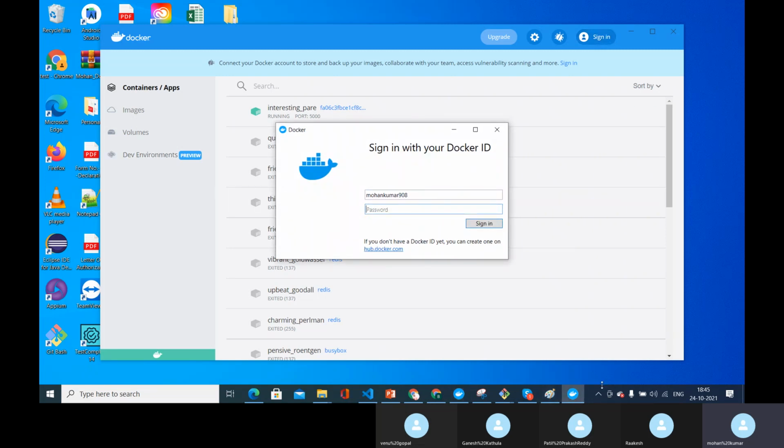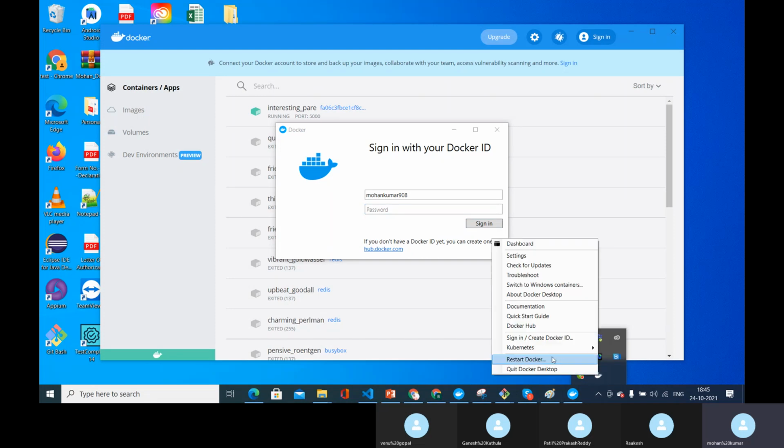And if you don't have a shortcut over here, it will be added by default as well. So right click on it. Here you will have options to restart Docker or sign into Docker and all the stuff. Let's understand these things later. But for now, just try to sign into Docker with the same username and password that you gave when you registered for Docker.